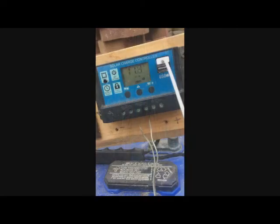Oh no, crew, take a look at what we got going on here. The voltage is going down to a critically low level. So what we're going to do is we've got to have some source of voltage to power this battery device,